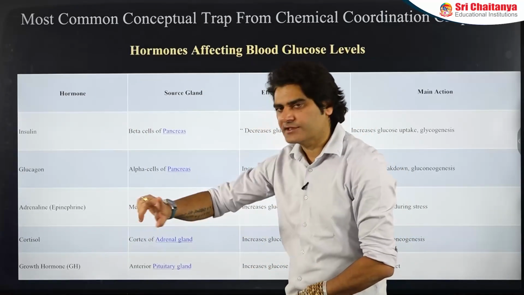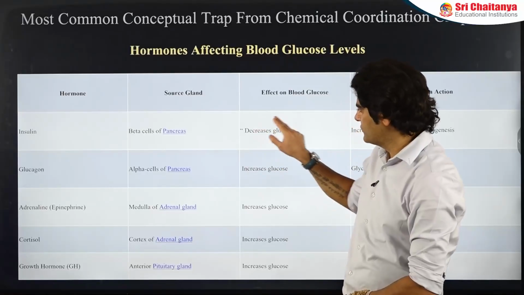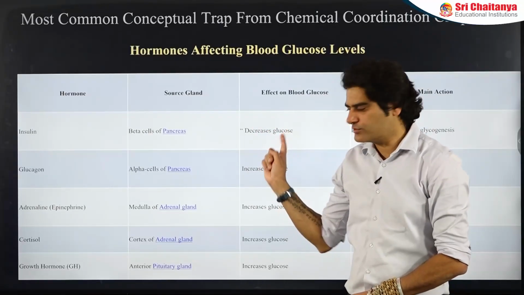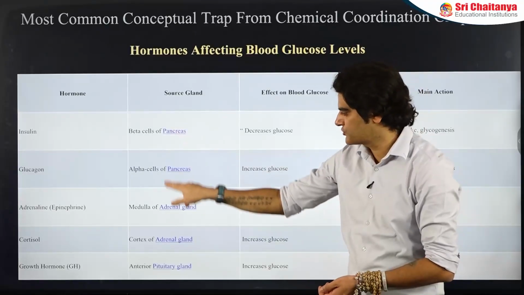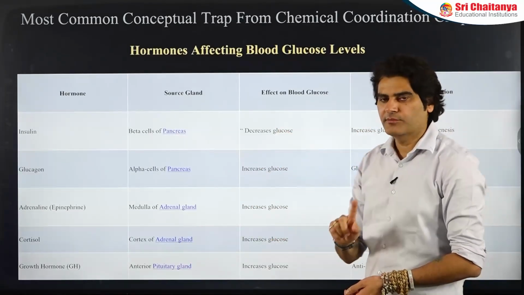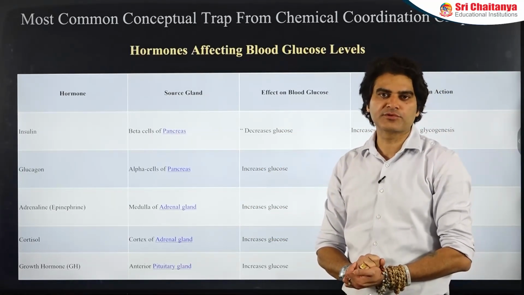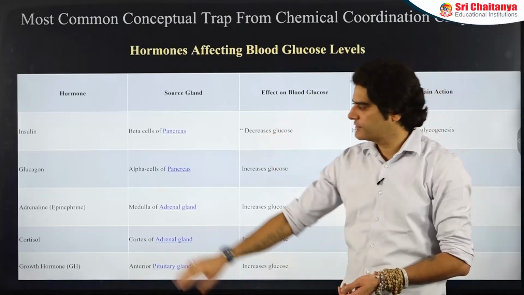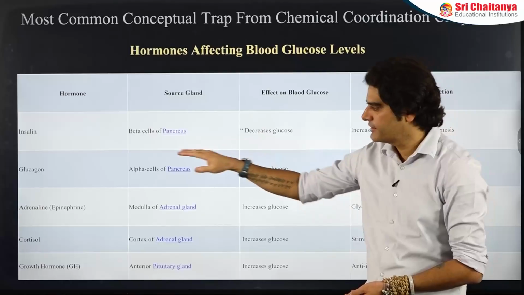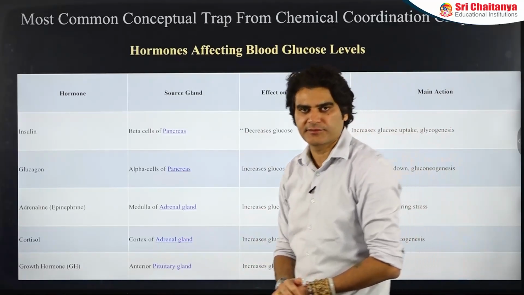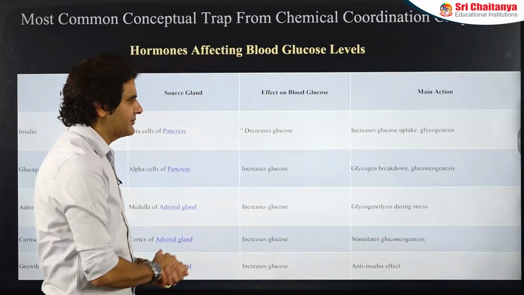Out of all these, the key to remember: insulin is the only hormone that decreases the glucose level in the body. The rest of them only increase the glucose level. So their sources, their actions, most importantly, whenever a question is there from glucose level regulation, there are 5 hormones regulating it. Only 1 hormone is hypoglycemic, the rest of them are hyperglycemic. So very important table to revise